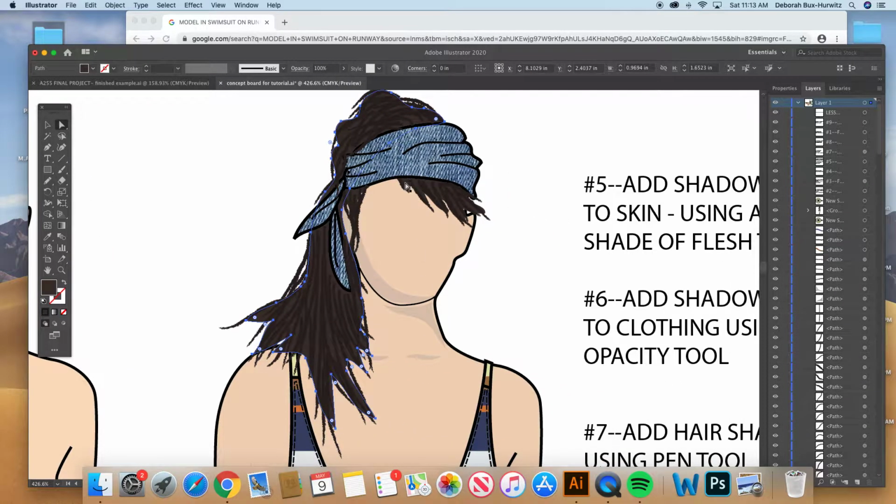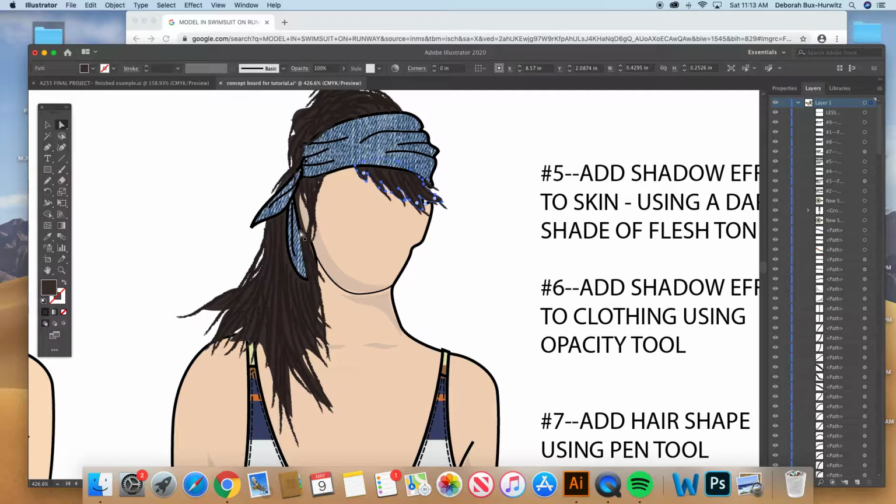And this is a separate hair shape too. You can see that right here when I pull it apart. That's a separate hair shape that I had after I drew this head scarf detail. I drew the hair, and then after I drew those hair shapes and filled them in with color, notice that the hair shape, let me pull it off again,